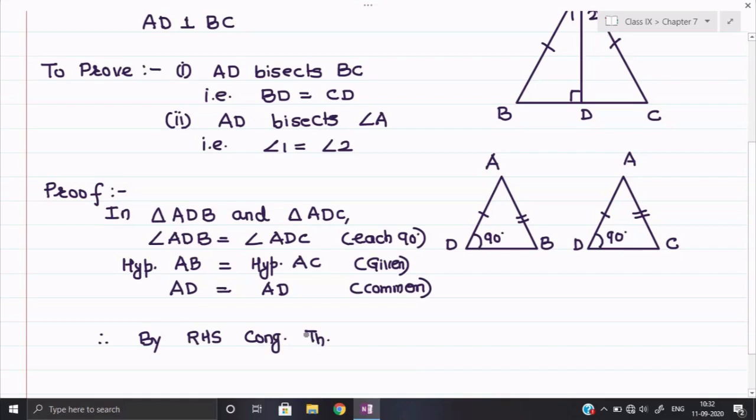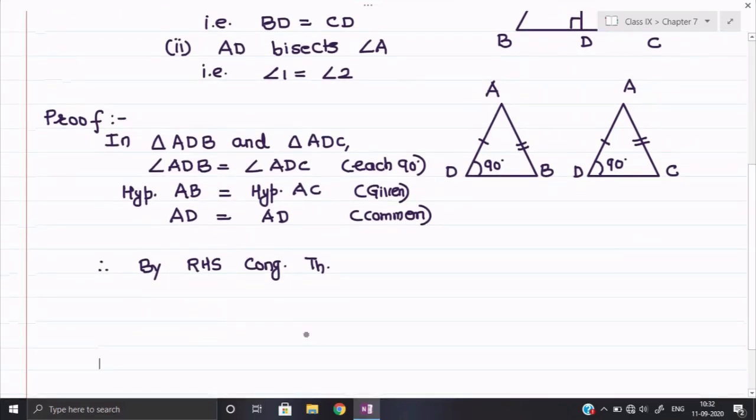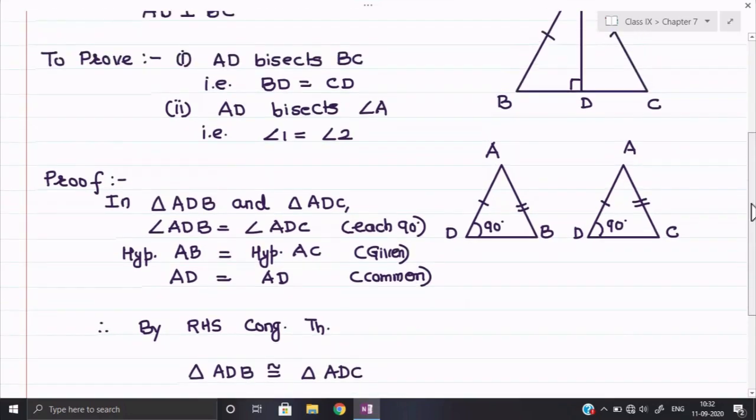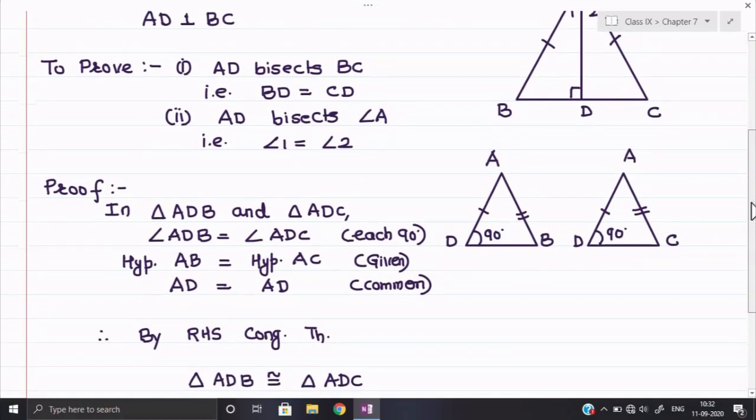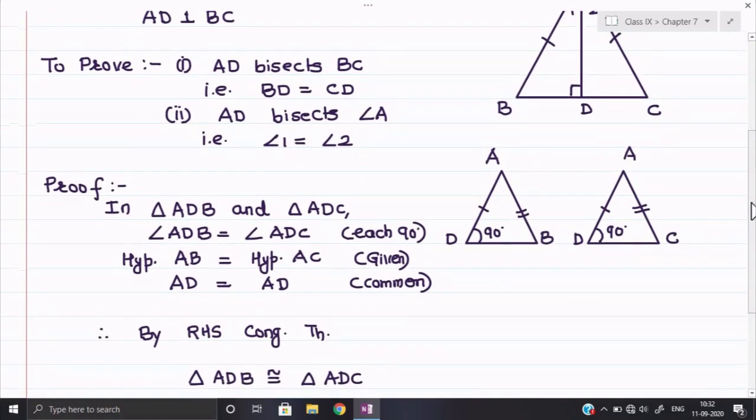Okay, I have written it in the main body of the solution. You can write it on the side also. Triangle ADB is congruent to triangle ADC. ADB and ADC are congruent. Okay, this one we have already been given. So here, these two triangles are congruent, but since we were not required to prove the triangles congruent, what else did we require? Observe, we required BD equal to CD. And look at the triangles we have proved congruent. BD and CD are corresponding sides.